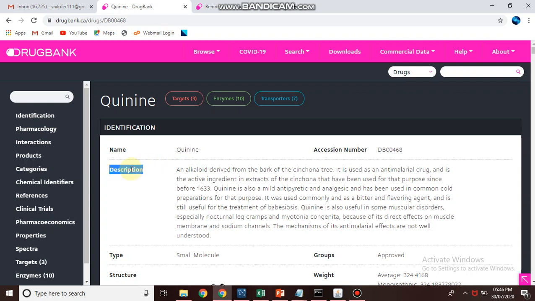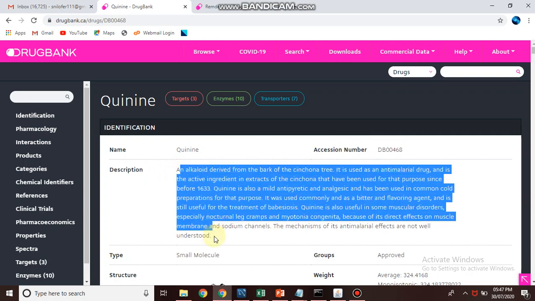This is a description. How many targets are there? There are 3 targets shown in this particular database. There are 10 enzymes and 7 transporters. So we will go to the sequence form. There is the name of the drug, that is quinine, their accession number, and a small description.